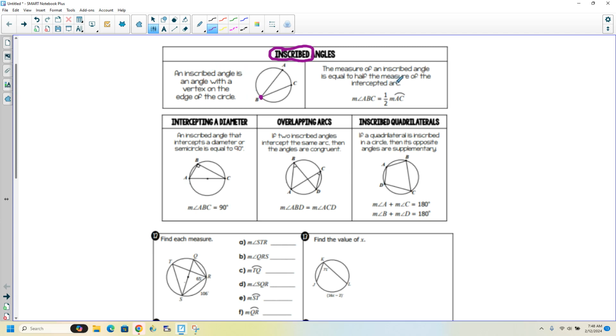And what we have right here is the relationship that I'm talking about. It says the measure of an inscribed angle is equal to half, I am circling that one, half the measure of the intercepted arc. So angle equals half of the arc. So over here on my picture, I'm going to color code this and show that relationship. I'm going to highlight the arc,